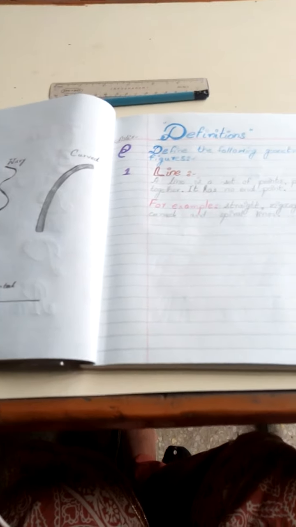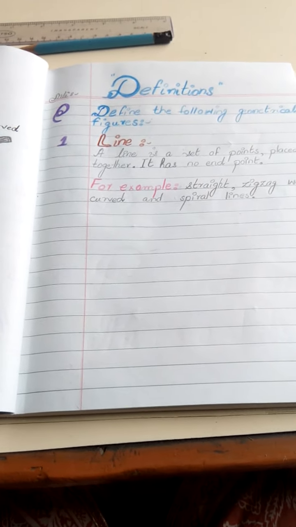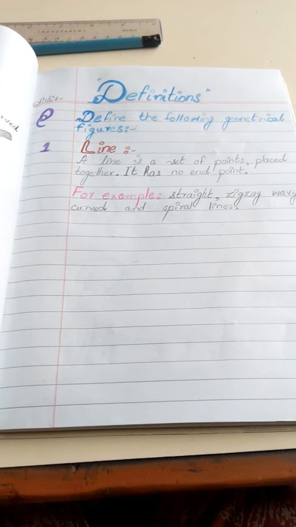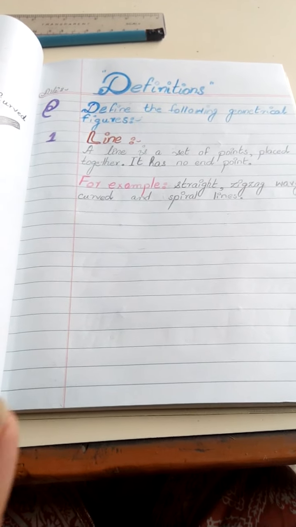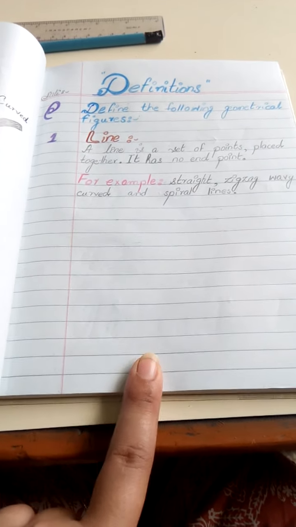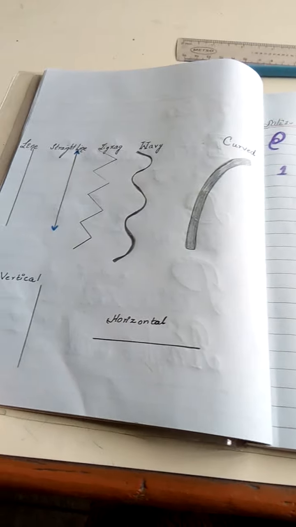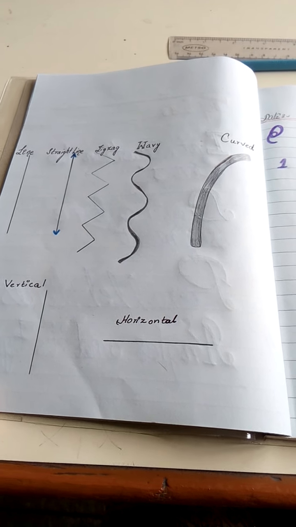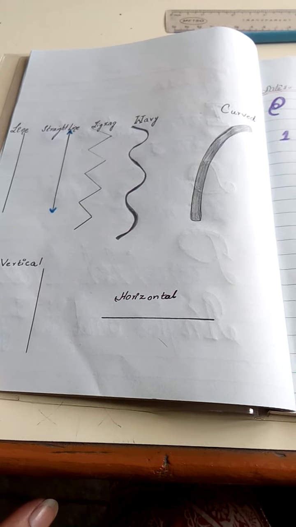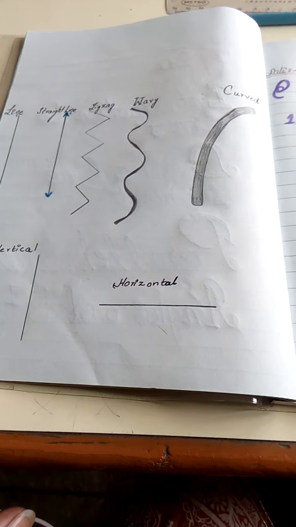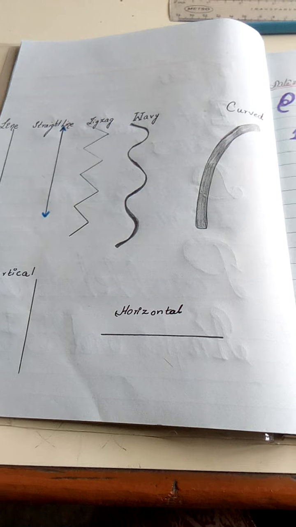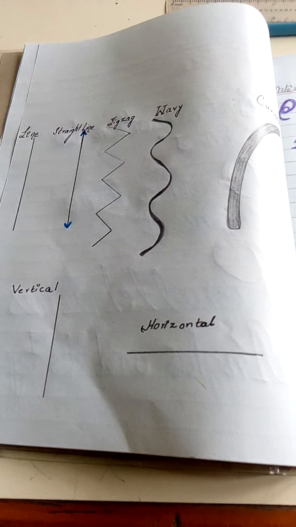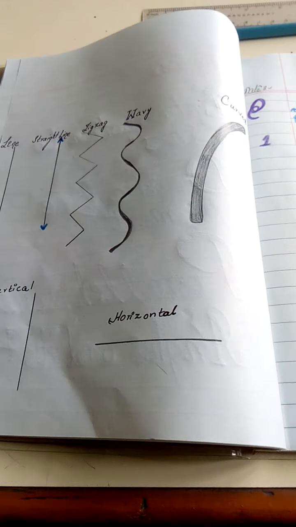Then from the next page you are going to start your definitions which are present in your PPT file. Over here, make sure of one thing: in the geometry copies the line page is for writing your text and the interleaf page is for making the drawings, as I have done it over here. Then the most important thing, whenever you are going to make any kind of drawing, you have to use the drawing pencil. You have to use a sharp pencil, and then the scale should be set straight for making the drawings, making the lines on the interleaf page.